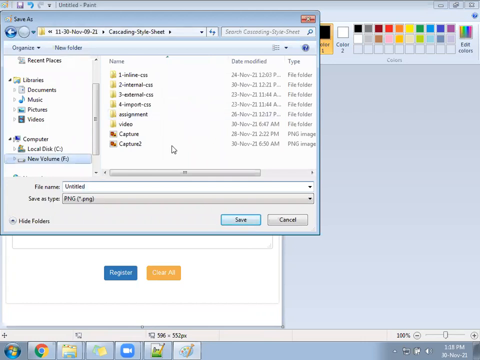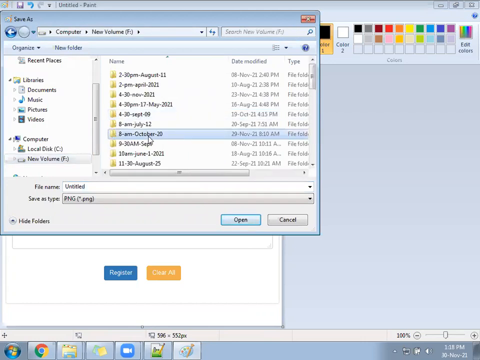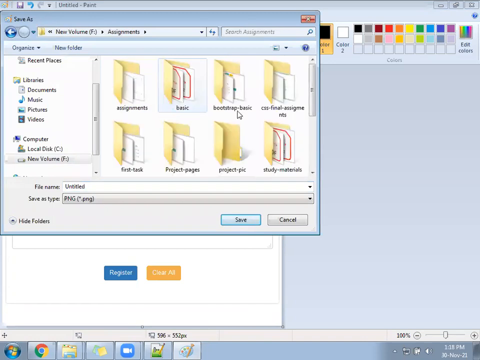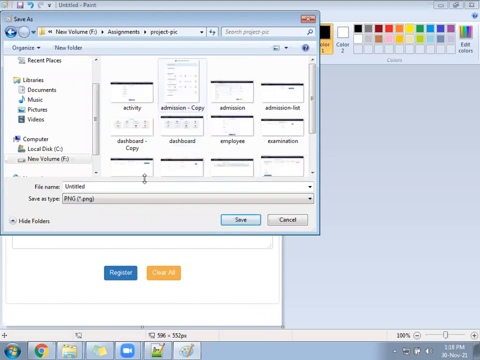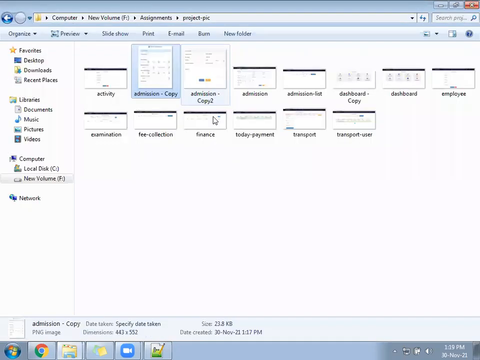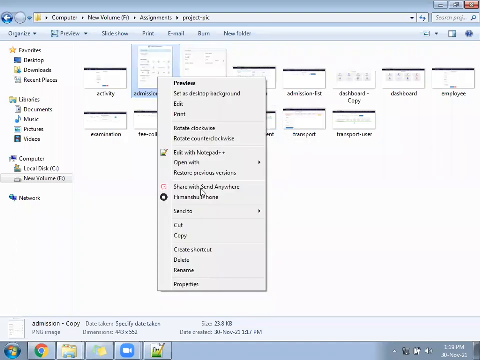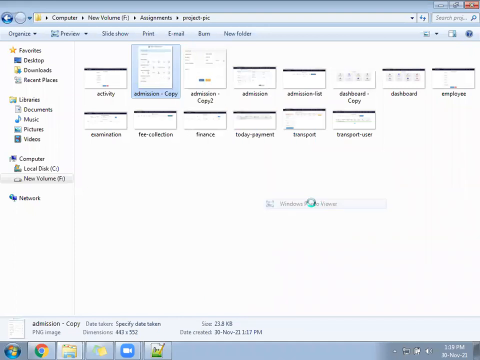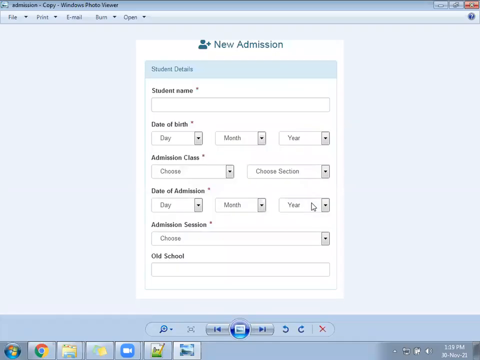Somewhere in the project folder, assignment, project pic. Now let me show you. One photo has come in the chat. This is the second photo.